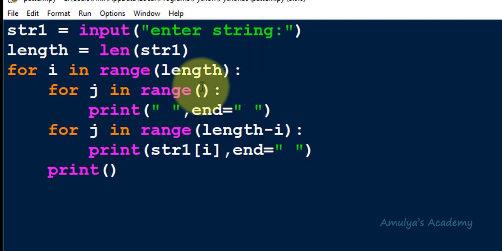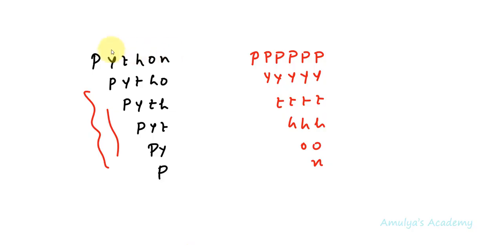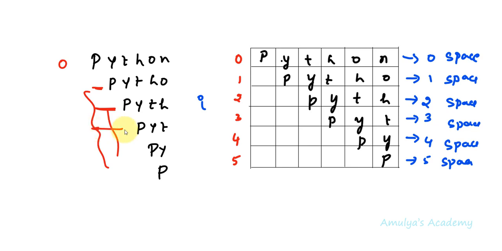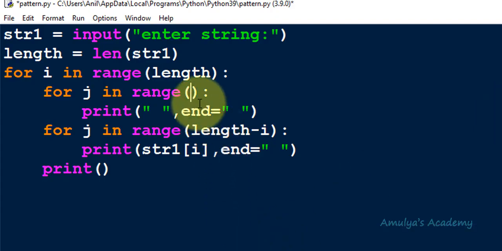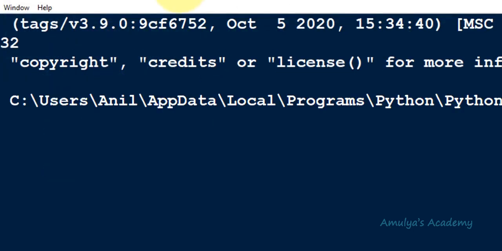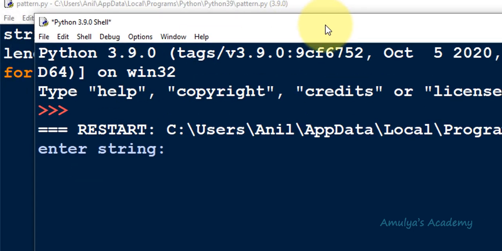And here let's see how many spaces we want in each row. Here we want 0 spaces, here we want 1 space, here 2 spaces, 3 spaces, 4 spaces, 5 spaces. That is nothing but the row values, right? This is row 0, row 1, row 2, row 3, row 4, row 5. And we want that many spaces in every row. That's why here I want i spaces. Okay, so now if I execute this, we'll get a different pattern